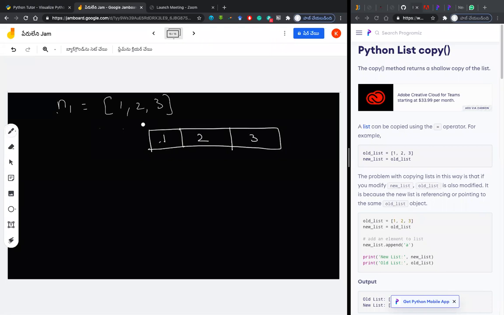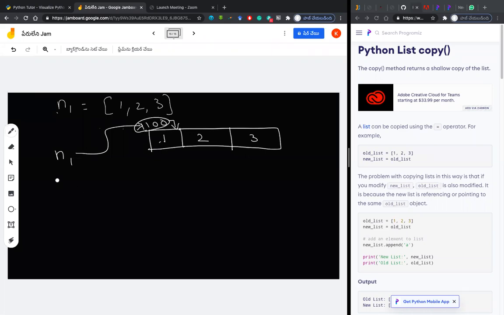So maybe the address is 1100. So when I say N1 is equal to this, N1 is holding the address 1100, which is referring to the first element of this. My one might have a different address, two might have a different one, but this address is held by N1 as 1100.